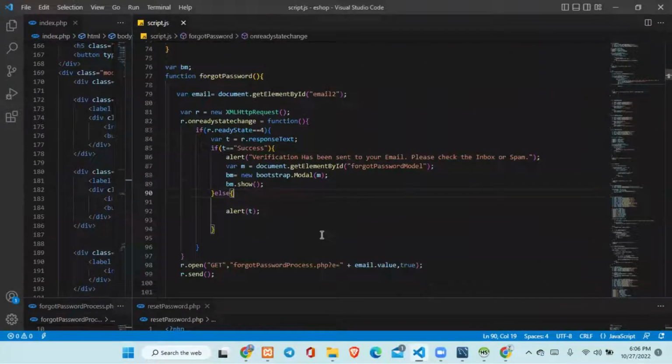Okay, this is the main part of the forgot password. In the very beginning, I have given a variable called BEng. This is a global variable. Why did I put this global variable? Because I can take it from anywhere I want, and then I don't want to put